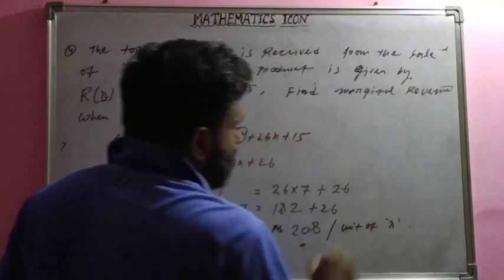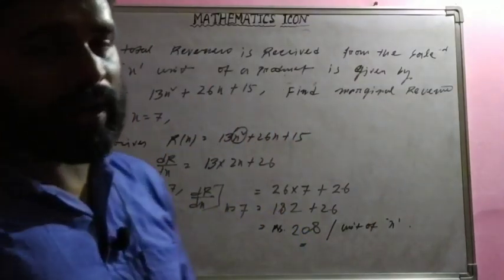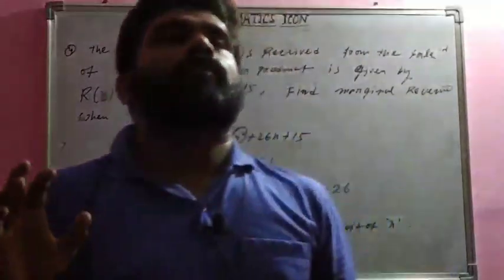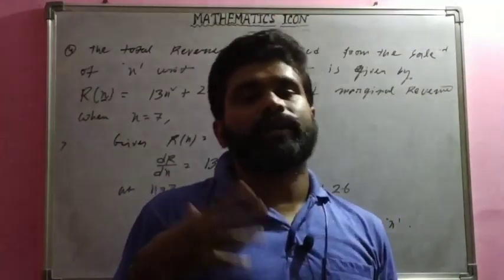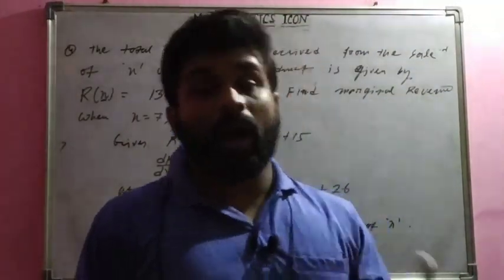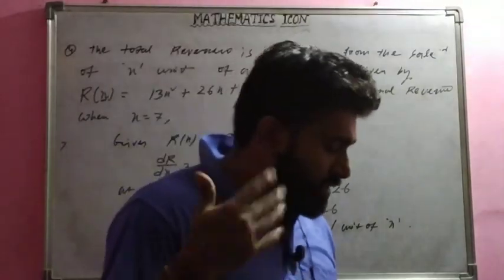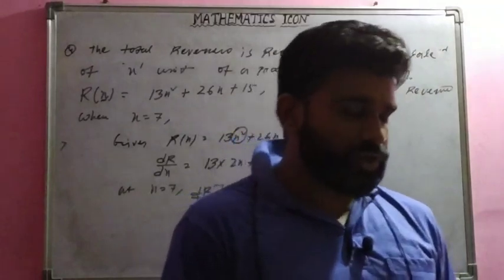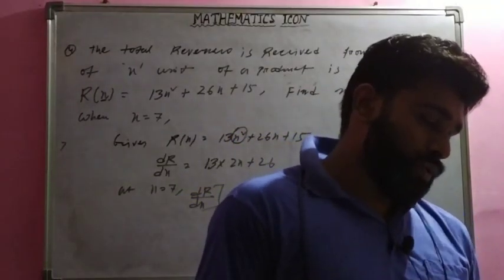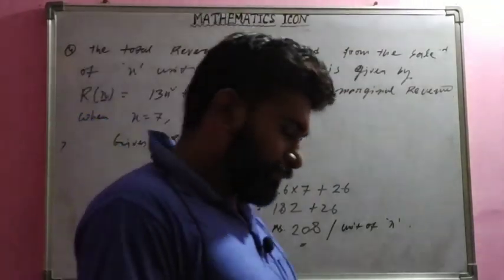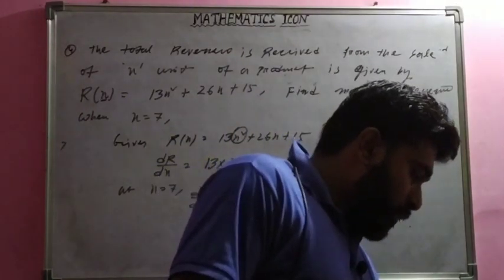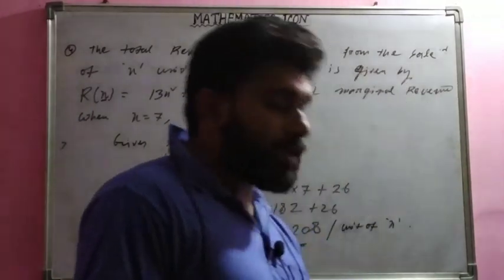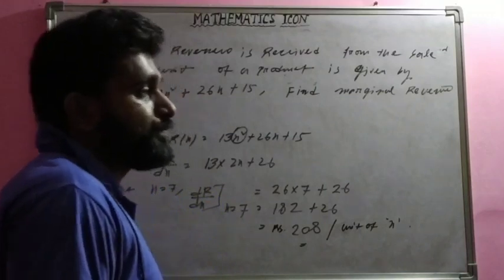मतलब यहां पर रेवेन्यू का चेंजेस जो है वो 208 रुपीज करके चेंज हो रहा है पर क्वांटिटी। दैट मीन्स जितना क्वांटिटी बढ़ रहा है उतना ही रेवेन्यू भी बढ़ रहा है, और रेवेन्यू किस रेट में बढ़ रहा है? 208। ठीक है, नेक्स्ट क्वेश्चन लिखो। Sand is pouring from a pipe at the rate of